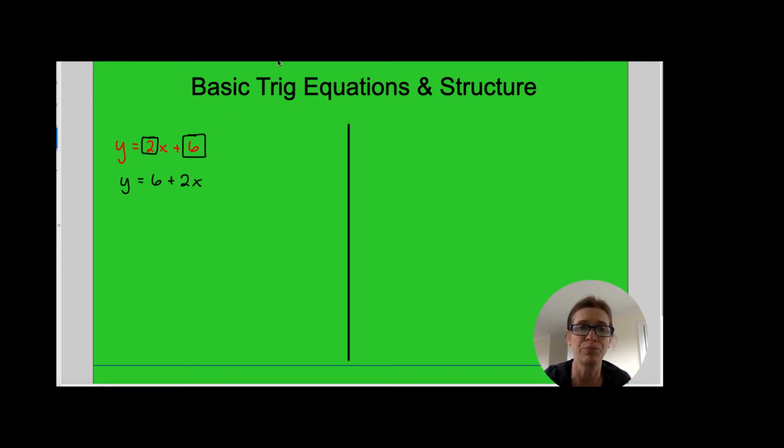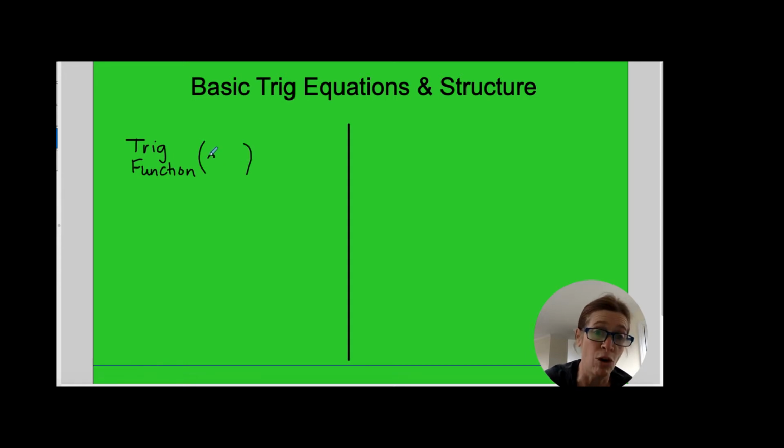in its structure. All right, so when we're talking about trig equations, they're all going to actually follow the exact same structure, and we're going to solve them differently. But the structure is going to be the trig function, so sine, cosine, or tangent for now, times the angle equals the ratio. So what I mean by that is, say it's sine, it would be like sine of 43